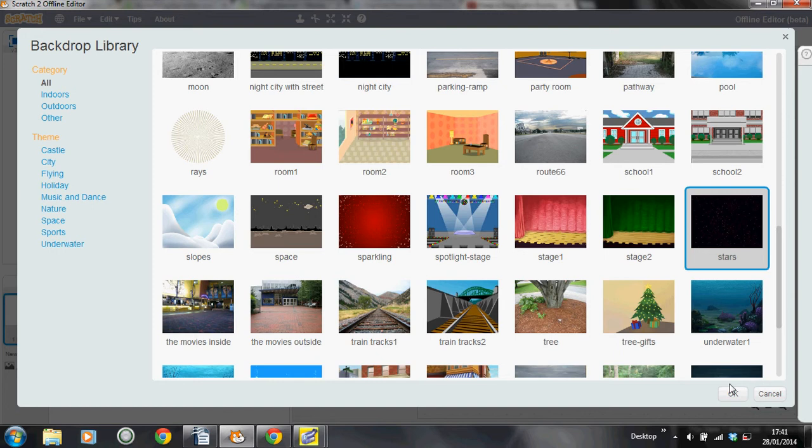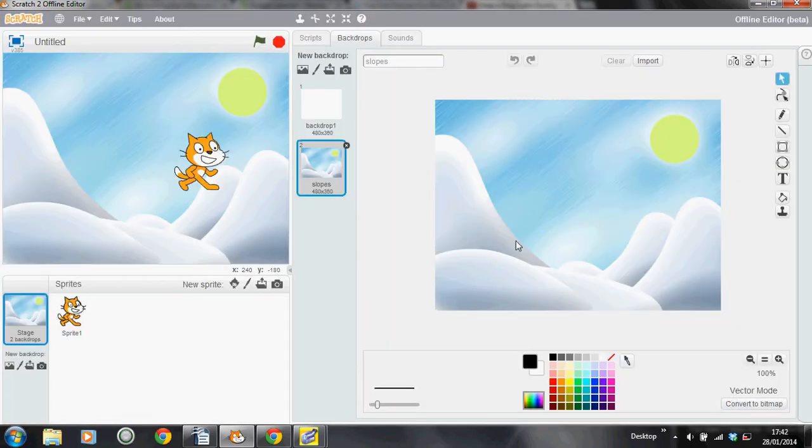Or, actually, I don't think I've used this one yet. I'll use slopes. Looks nice. Click OK. Like that. And voila! He's in the sunny but snowing slopes. That makes sense. Anyway, he's going around like that, whizzing around everywhere, bouncing from edge to edge. That's nice, isn't it? But the thing we want to do at the moment